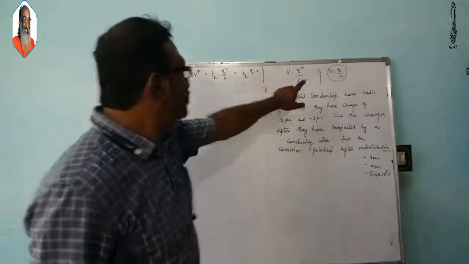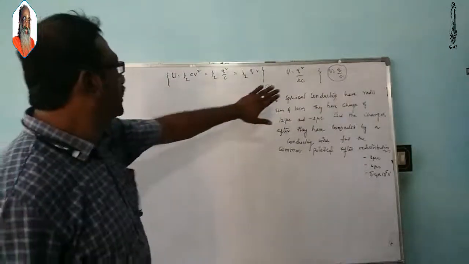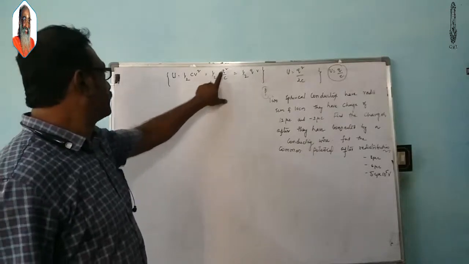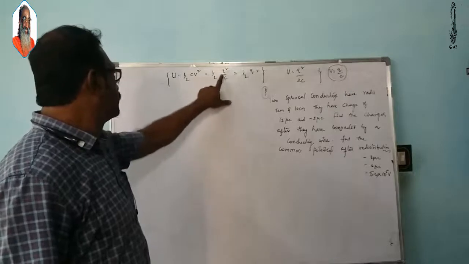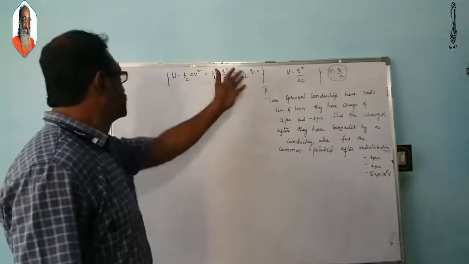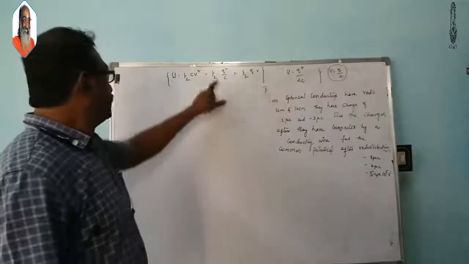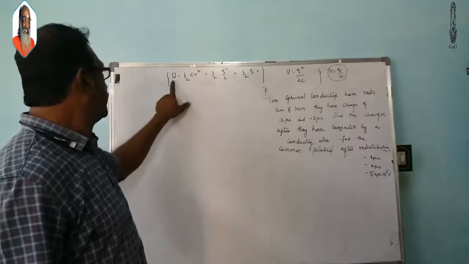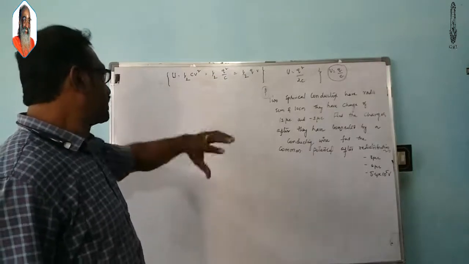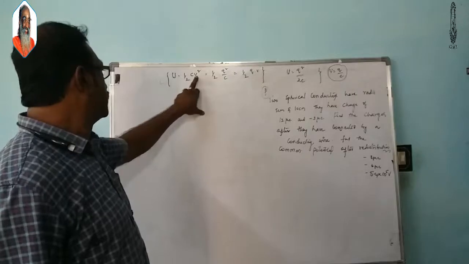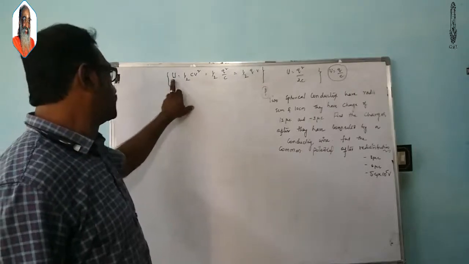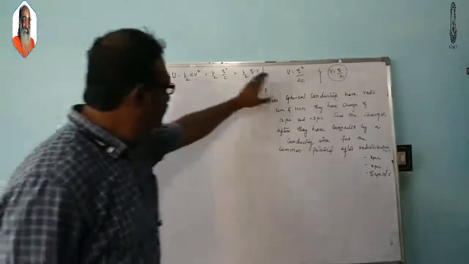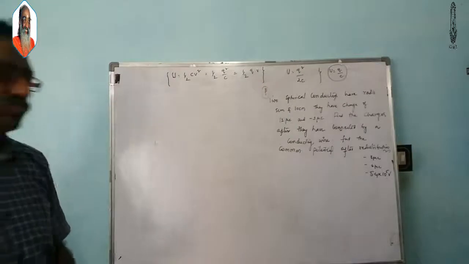And using the formula V is equal to Q by C, we can convert this into half CV square. From this, half Q square by C, this is what we have actually derived. That means if in a problem you are given the charge and the capacitance, then you can find the potential energy. If you are given the capacitance and the potential, you can find the potential energy. If you are given the charge and the capacitance, you can find out the potential energy just by keeping in mind U is equal to Q square by 2C.